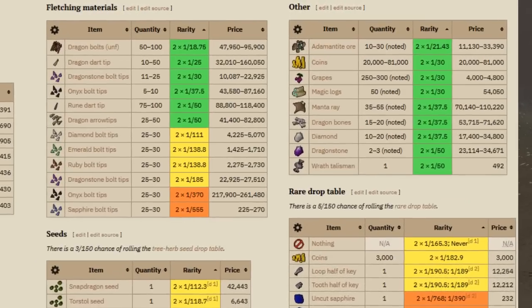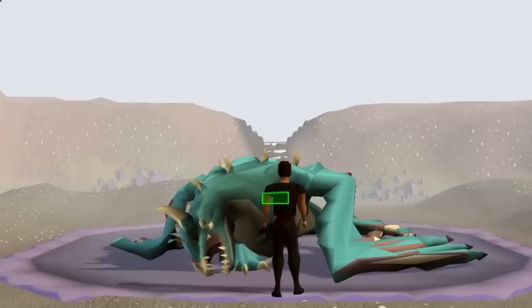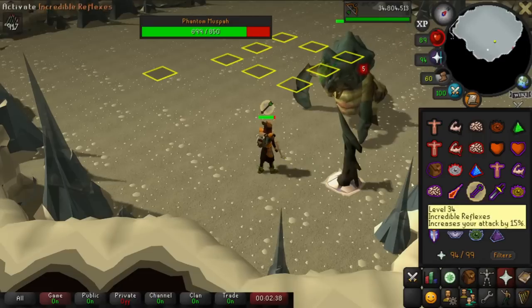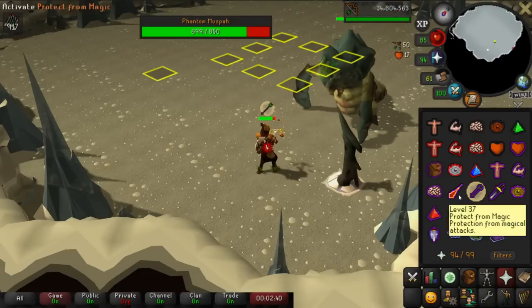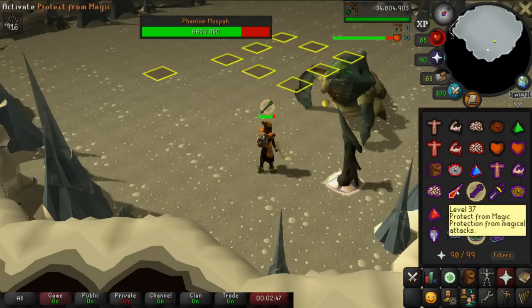Vorkath also drops a ton of bolt tips, dragon bolts unfinished, grapes, addy ore, magic logs, food and much more that saves you a lot of time having to gather the material yourself. The Phantom Muspah is also very similar and has a lot of the same drops, but also has teak planks and pure essence too, which sounds trivial, but not having a good way to get planks or pure essence this